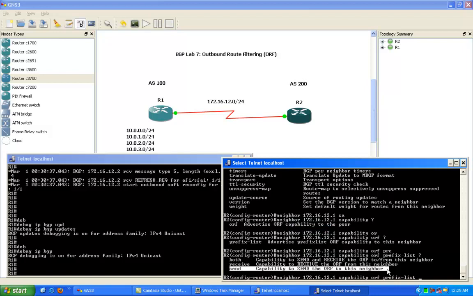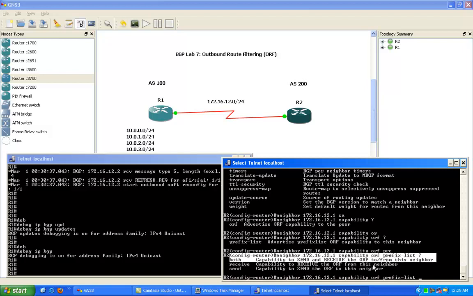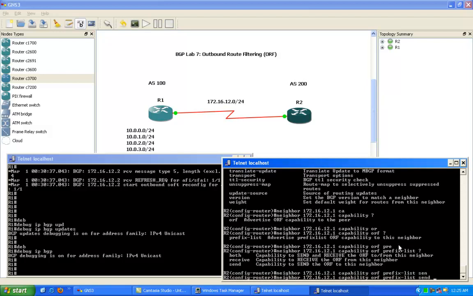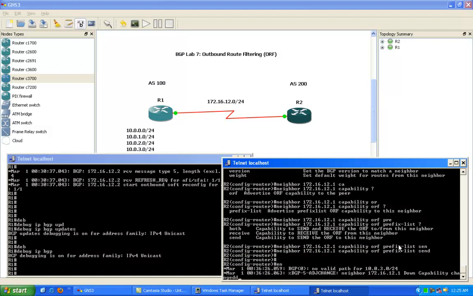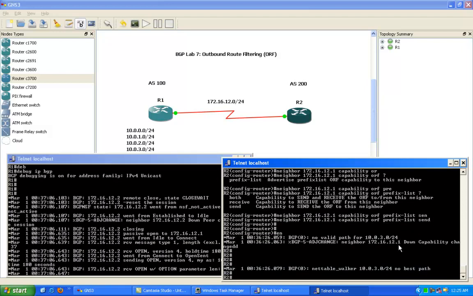One is to send the ORF capability to the neighbor, the other is to receive it from the neighbor, and then the third option is both. So we'll take a look at sending it from router 2 to router 1. We want to send the prefix list that we have for the neighbor to router 1. That way router 1 can proactively make the decision